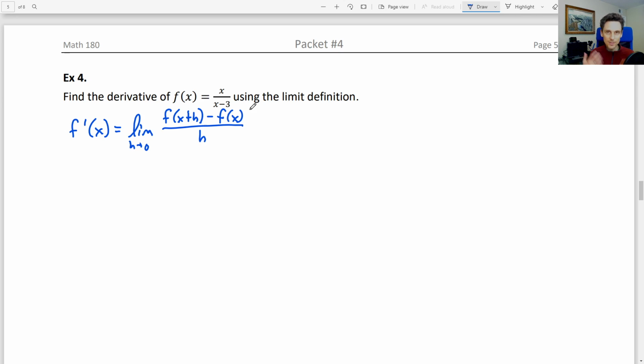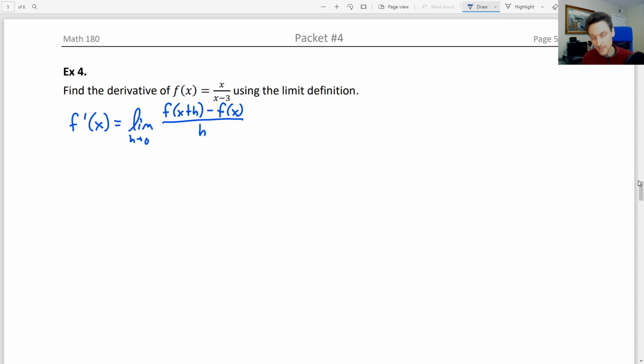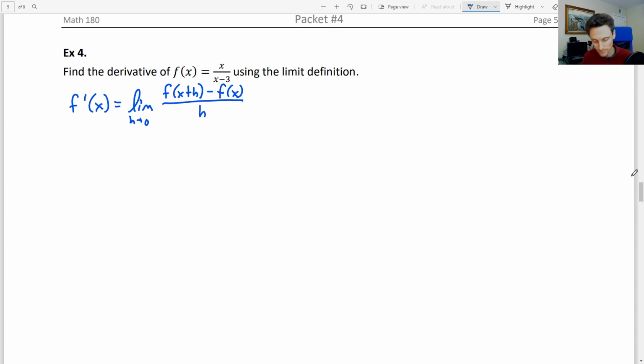This is one to commit to memory, although we've explained how you can visualize this, so that can help your memory a lot better. Like you can think of the top of the fraction as the rise. You can think of the bottom of the fraction as the run. So if you have a visual picture of this, then it makes it much easier to remember this definition. And you're taking h to 0 because you're shrinking that interval of x, or t if you're talking about time. All right,